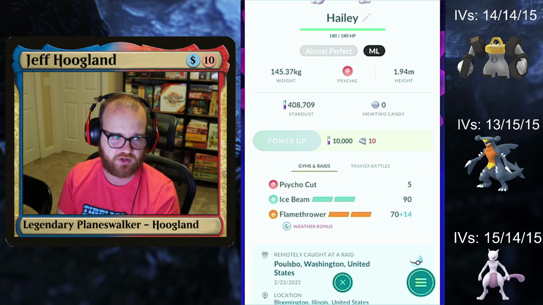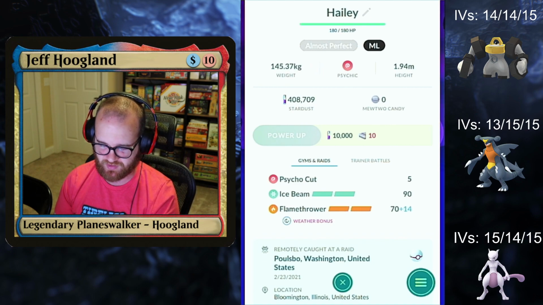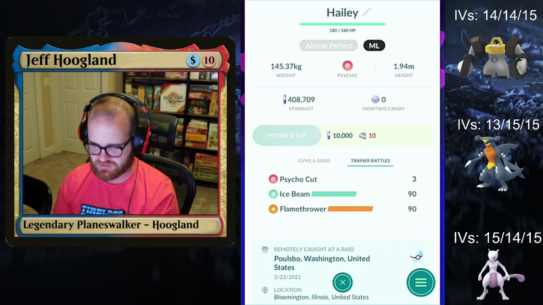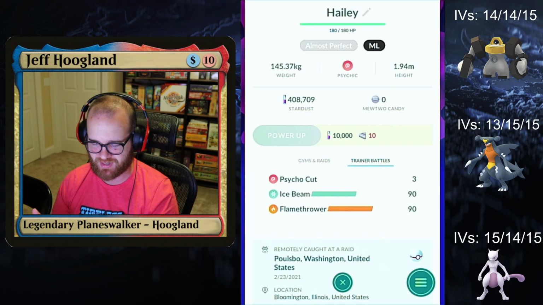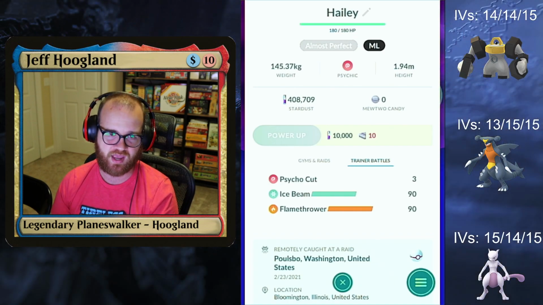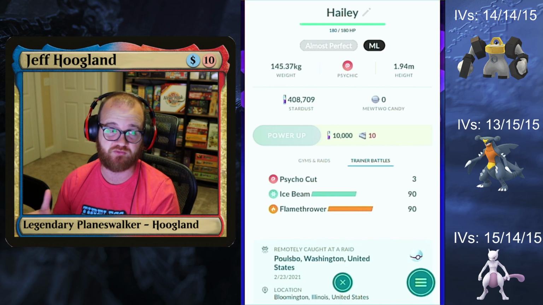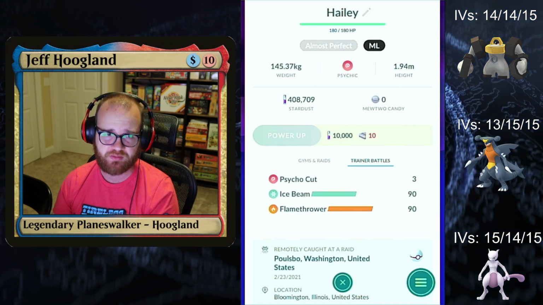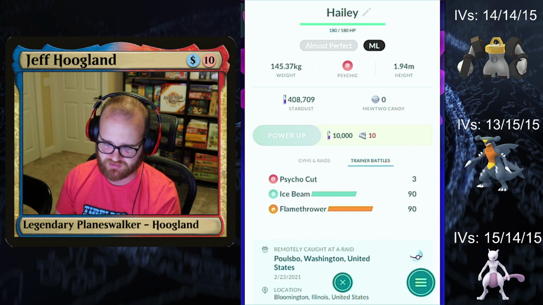So I've got Psycho Cut as the primary attack because that charges up our charge attacks the fastest, but I've got Ice Beam and Flamethrower as the charge attacks. The reason I've decided to go with these two is that basically every team I've been playing against in Masters League has some number of Steel and Dragon Pokemon in it. In fact, some of them even have multiple of those types. Putting Ice Beam on Mewtwo lets it cut through Dragons, and putting Flamethrower lets it get through Steel Pokemon that would otherwise kind of wall it out. So, for example,